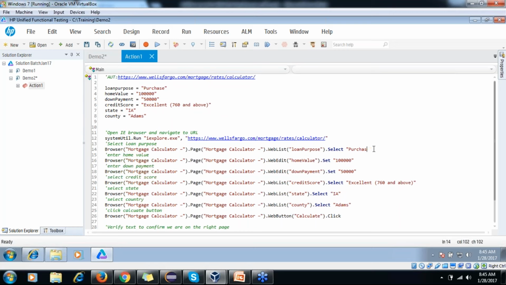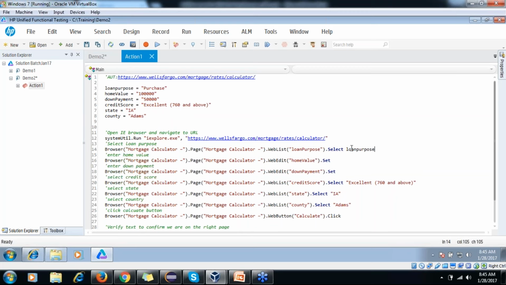Now I can delete all these values, team. Whatever values we have given, we can delete from here, and let's use the variable names we used to store the values.